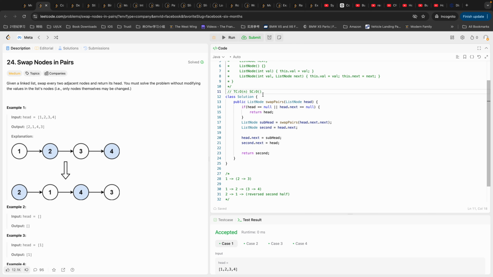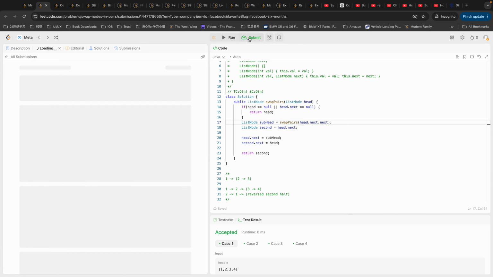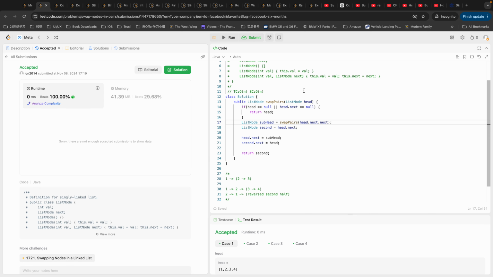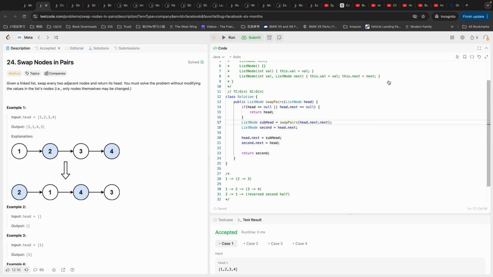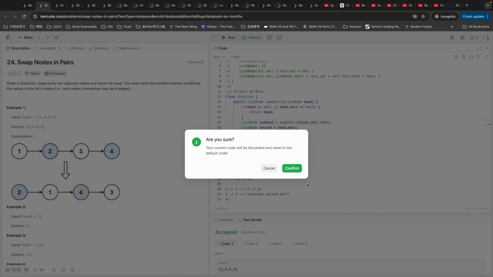And for space complexity, we have N, because we have a call stack here. Okay, we have a call stack. So that should be it. All right, perfect. And then I'm going to use another